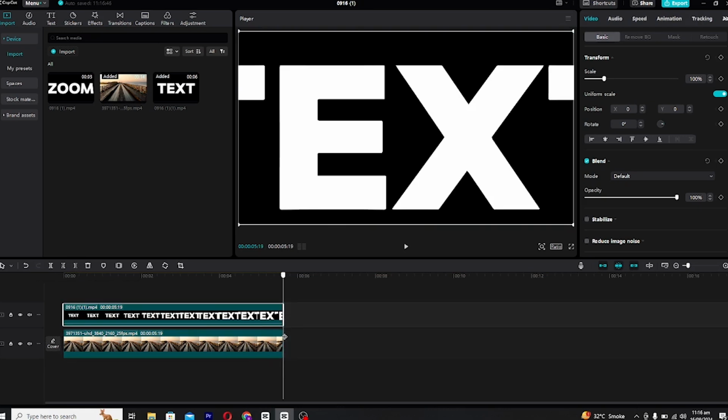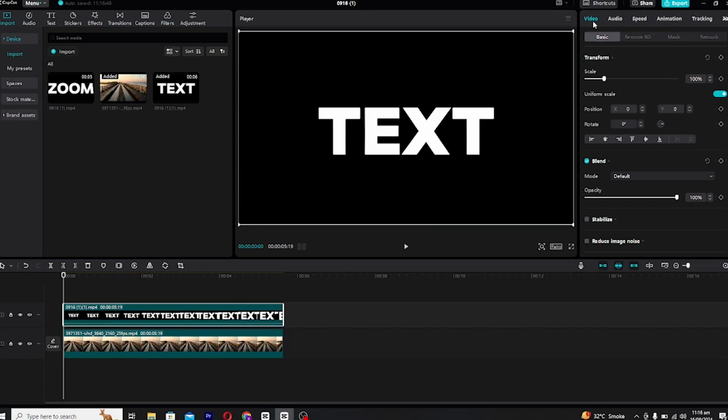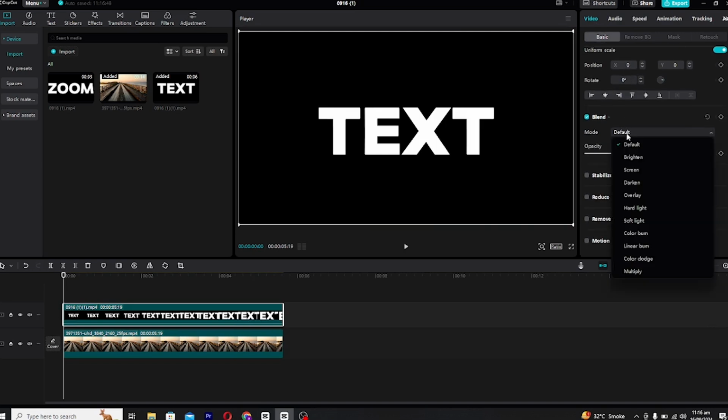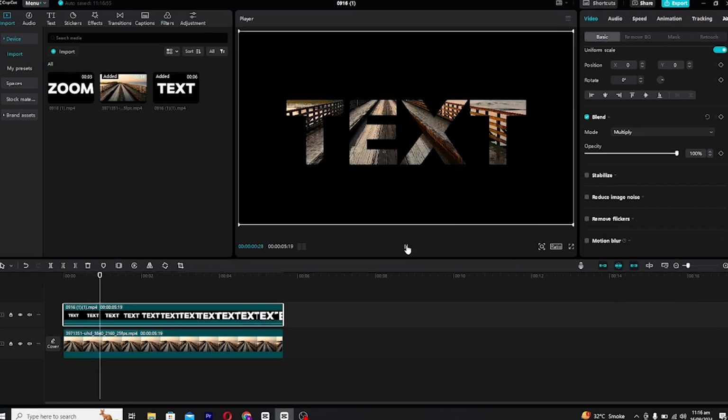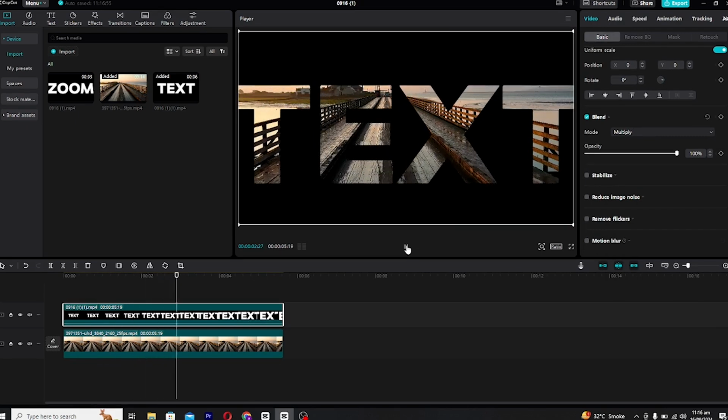Here's where the magic happens. With the text layer selected, go to the Basic tab and scroll down to Blend. Change the blend mode to multiply. This instantly gives the text that glassy, transparent effect, making it look like it's part of the background. To smooth things out,